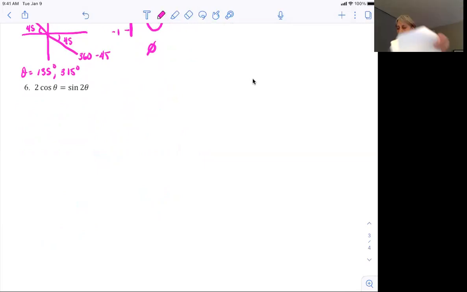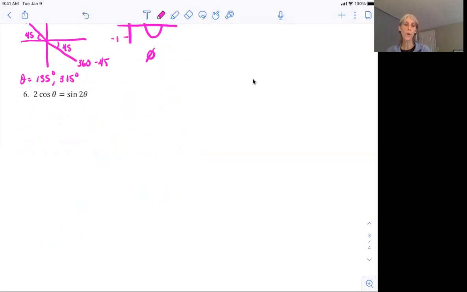In example 6, I have 2 cosine theta equals sine of 2 theta. Now this is going to be a little bit of a problem for me, because first of all, I have a theta here and a 2 theta there. But if you remember correctly from our last unit, we can rewrite the sine of 2 theta as 2 sine theta cosine theta. And now if we subtract that over,